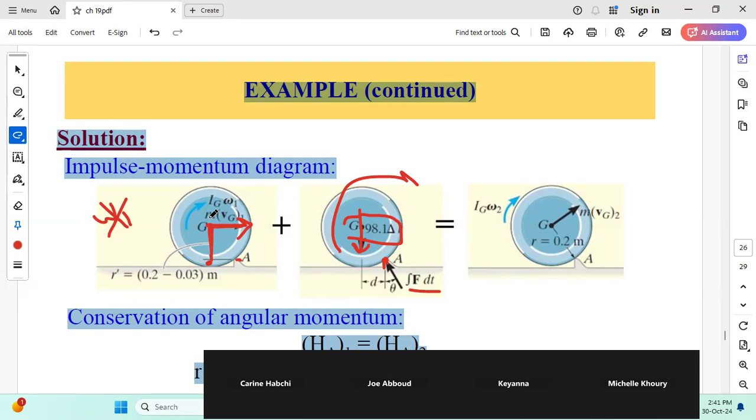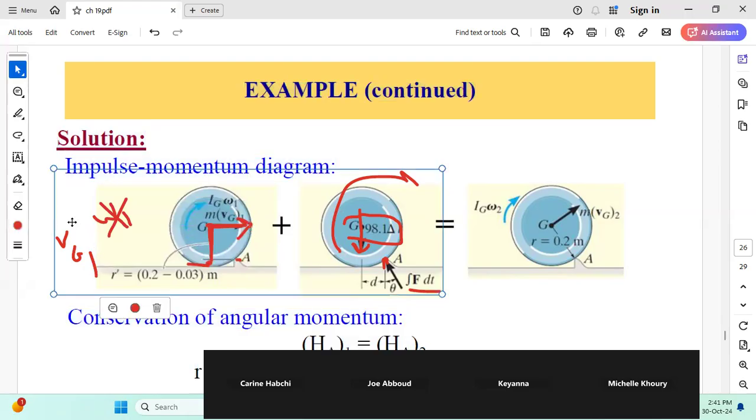But here, since it's rolling without slipping, you have angular velocity omega 1, and you can relate omega 1 to Vg1. Since you have rolling without slipping on the ground, you can say that Vg1 is equal to omega 1 times the radius of the disk. Okay, now